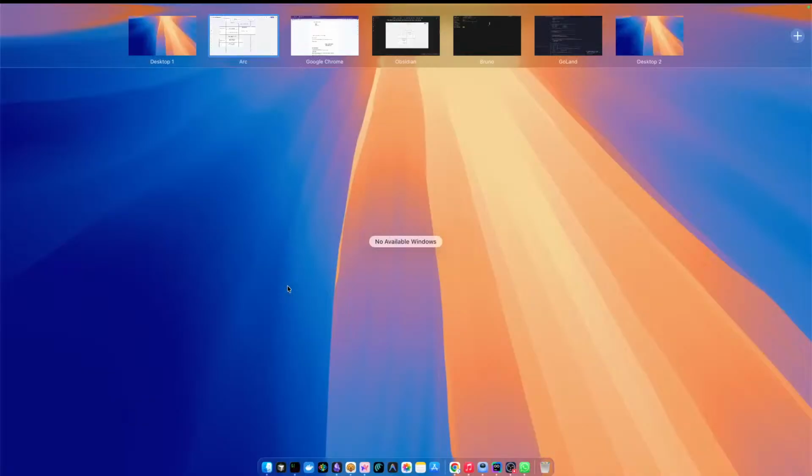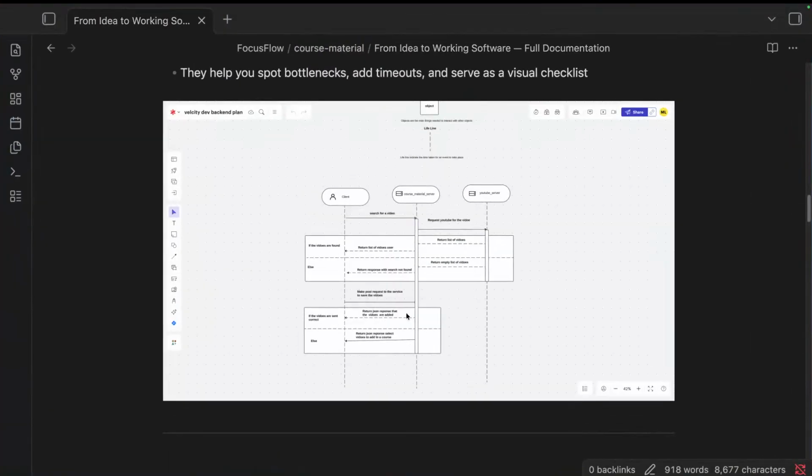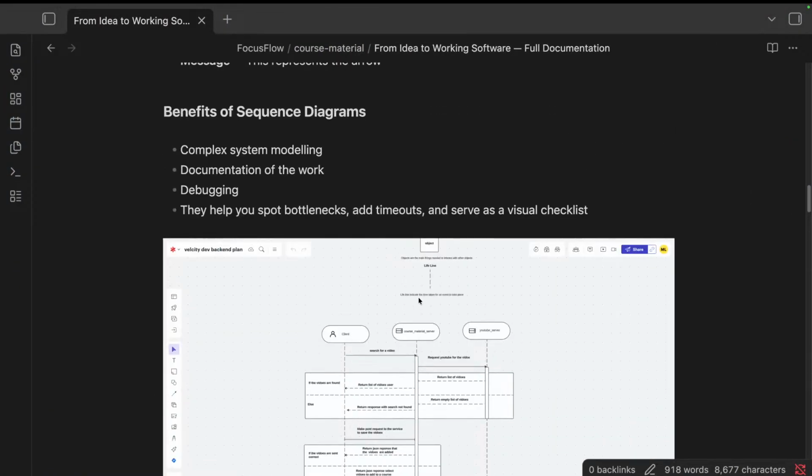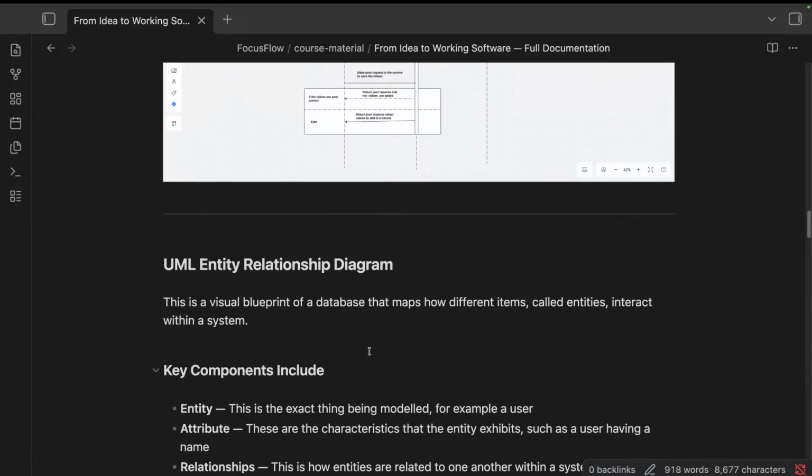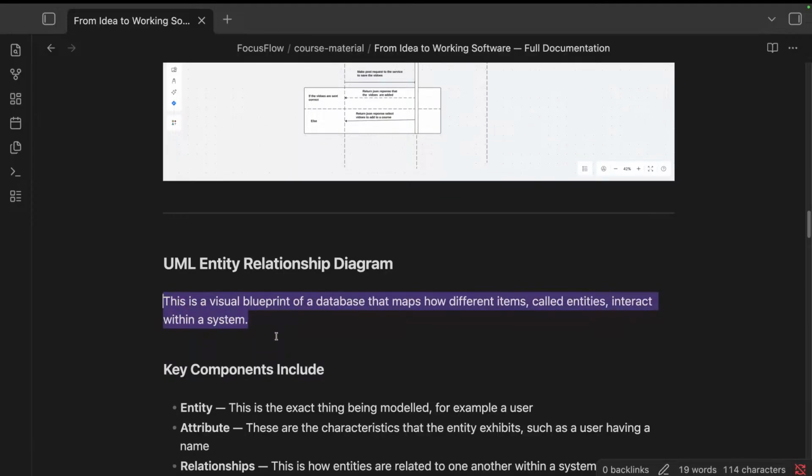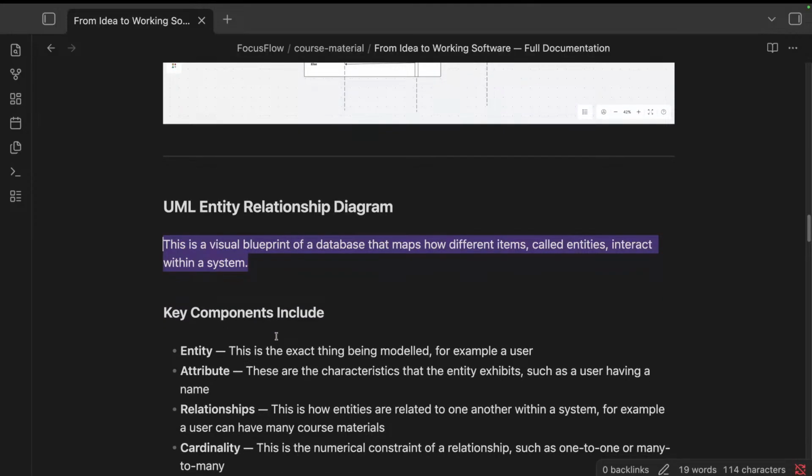So this is the sequence diagram, and it's actually a very important diagram to map out your logic when you're trying to build anything. And then the next diagram that is mandatory here is that you need a UML entity relationship diagram. This is a visual blueprint of a database that maps out how different items called entities interact within the system. This must sound also vague, and it is also a textbook definition of an entity diagram, but the easiest way to